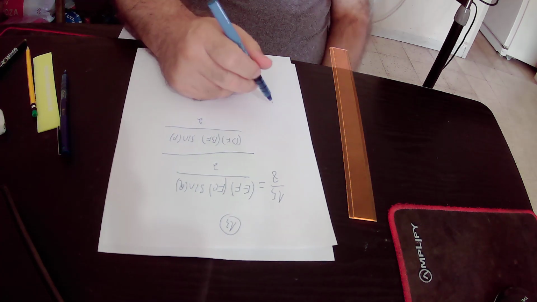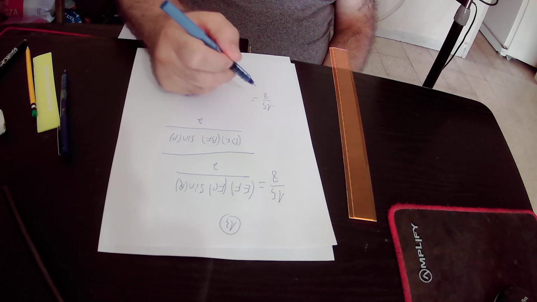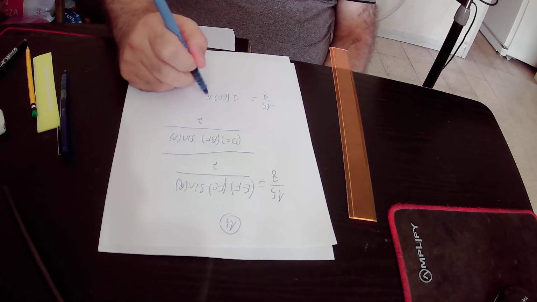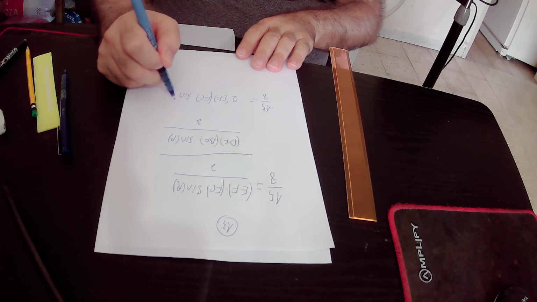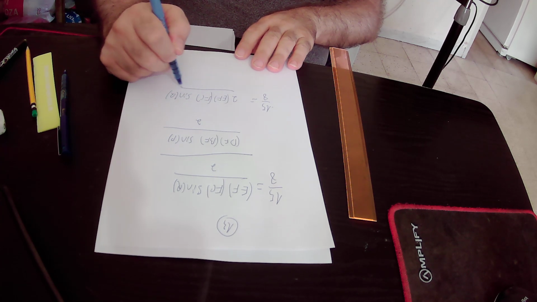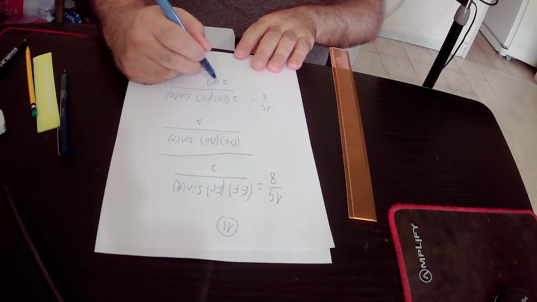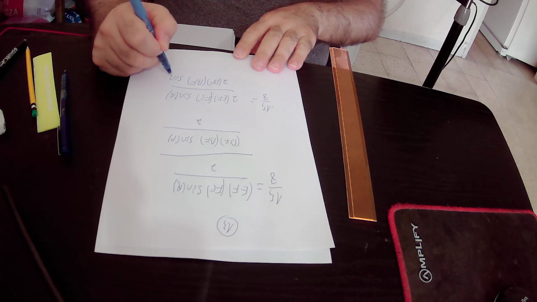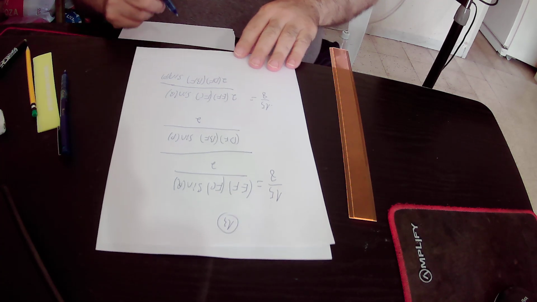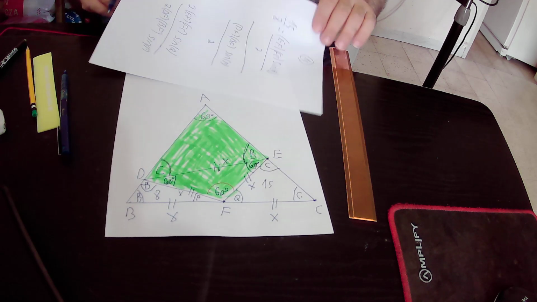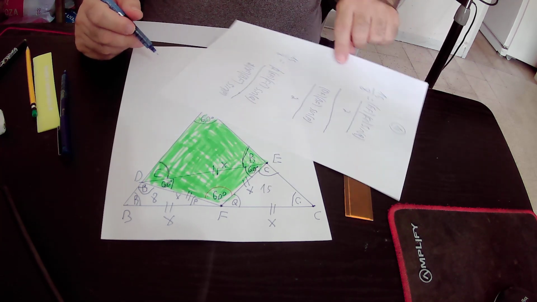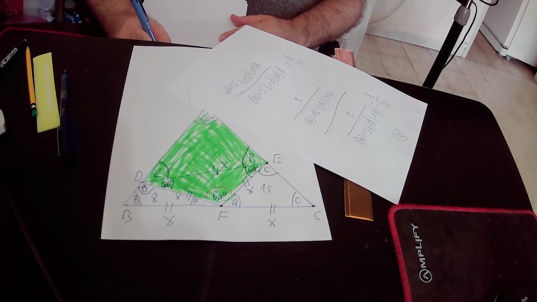We get that 15 over 8 equals 2 times EF times FC times sine Q over 2 times DF times BF times sine P. Okay, here 2 over 2 is 1, so 2 is cancelled, so we'll get that 15 over 8 equals